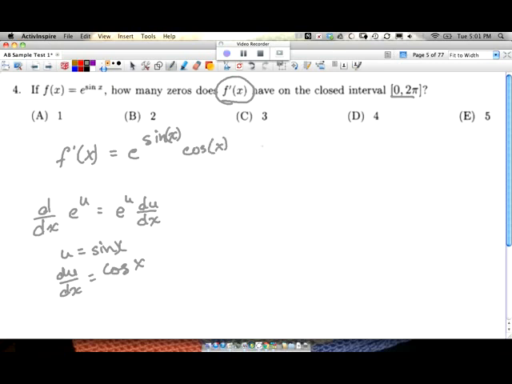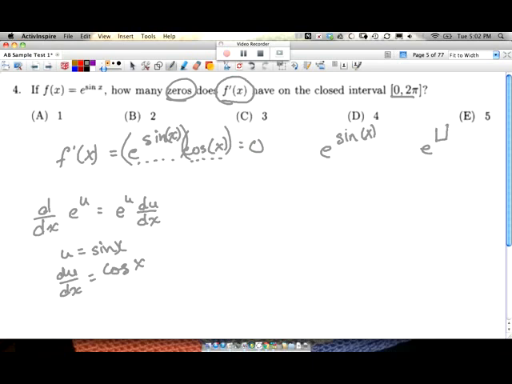Now here's where it gets a little challenging. We're trying to figure out when that equals 0. That's what it's saying. How many zeros? Well, okay, let's do some fancy algebra here. We know that this first term times the second term must multiply to get 0. E to the sine x,